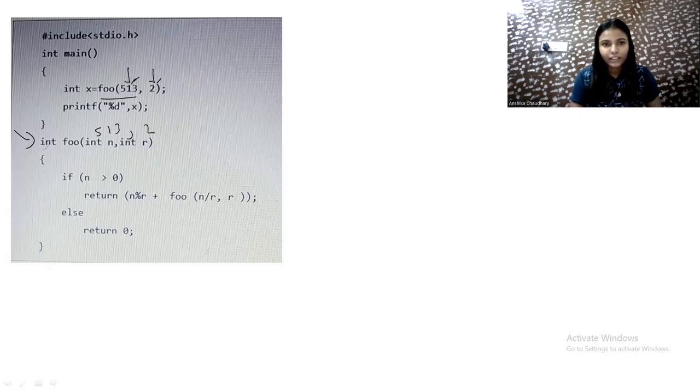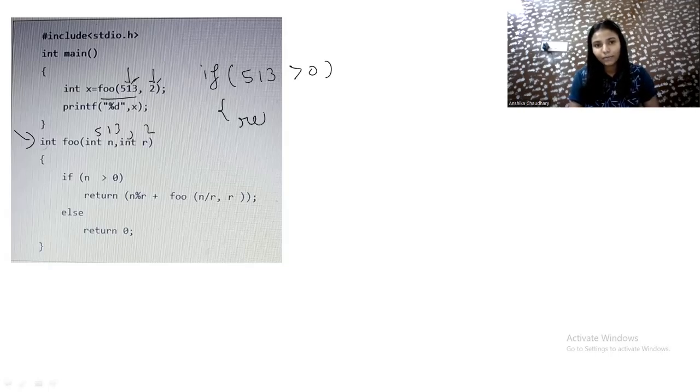If n is greater than 0, what is the value of n? N is 513, right? 513 is greater than 0, so the condition is true, so we come into the if part, and it will return